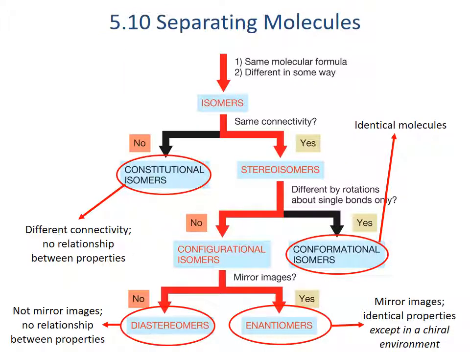Now back to this chart one more time to think about separations. Constitutional isomers and diastereomers can be separated like any other molecules because they have completely different properties. But enantiomers only act differently if they're around chiral molecules. This means that to separate enantiomers, we need to have a special chiral method. We might crystallize alongside a chiral salt or run through a chiral column, but we can't separate these out using